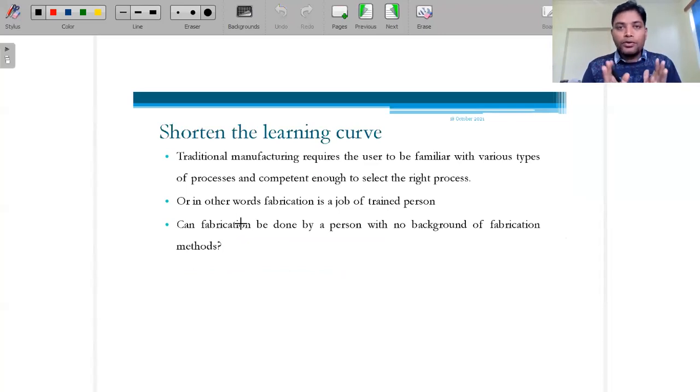I am briefing you before starting these techniques, to shorten the learning curve. If we talk about the lathe machine, there are a number of operations we can perform on it. If we talk about conventional machining operations, the lathe machine, the milling machine, the shaper or grinding, a very skilled labor is required. In additive manufacturing also a skilled worker is required, but let's talk about conventional machining first.